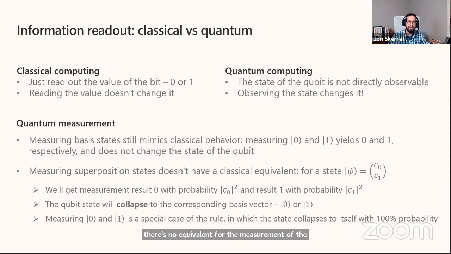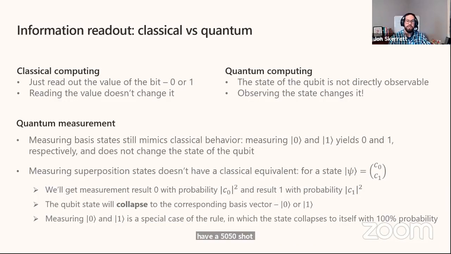So if you have this state with 2 non-zero coefficients, and then you measure them, you end up with a probability equal to the square of the amplitudes of the top and bottom elements. So let's say that we get a new qubit, apply the Hadamard gate to it, and read out that state. So you're in the plus state. It's an equal superposition between 0 and 1. And that means you have an equal chance of reading out the 0 state or the 1 state. You have a 50-50 shot either way.